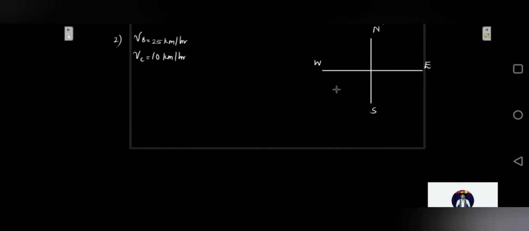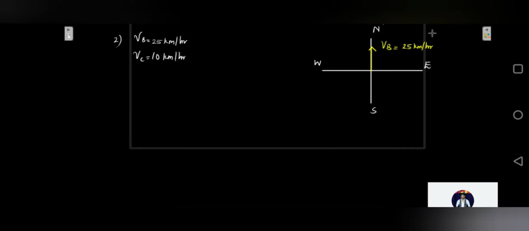So the motor boat is going in this direction, in the north direction, with a speed of 25 kilometers per hour. So V boat is equal to 25 kilometers per hour. And then there is water current in that region moving with 10 kilometers per hour in the direction 60 degrees